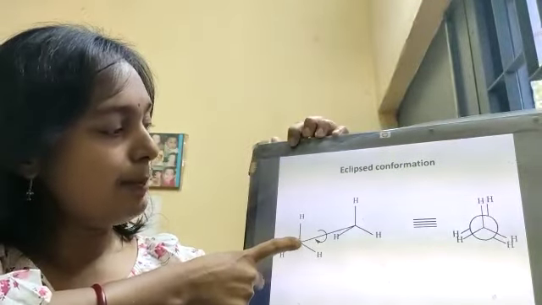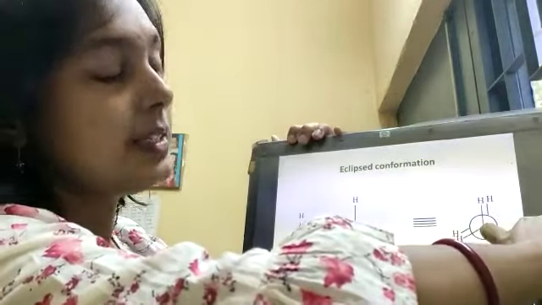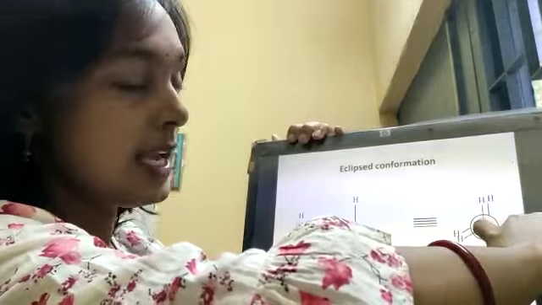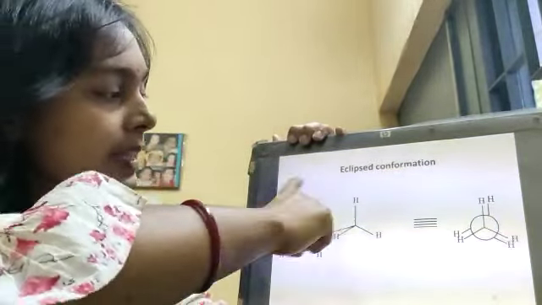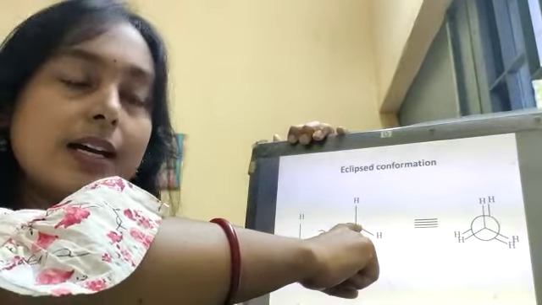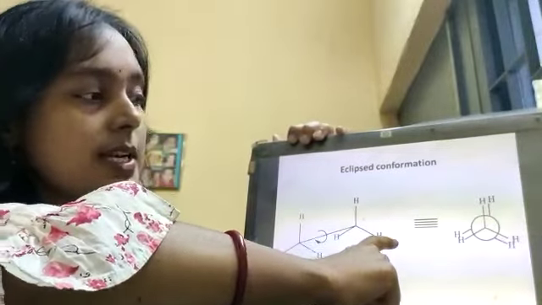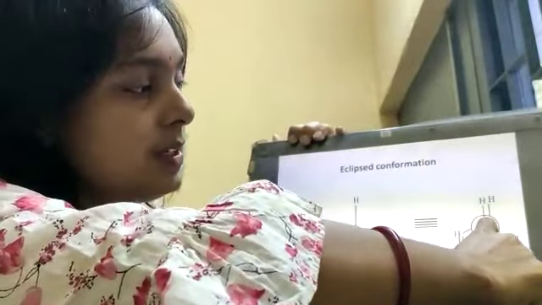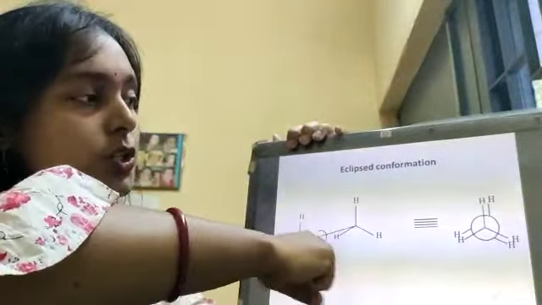The same thing is like that. This front carbon has three hydrogens. We can represent that front carbon as a dot, the central atom. These also contain the three hydrogens. Next is the back carbon with a bigger circle. Three hydrogens are attached over here. So the bigger circle carbon is also attached with three hydrogens. So we can transform from the sawhorse to the Newman projection formula very easily.